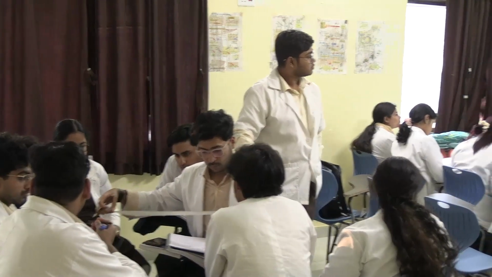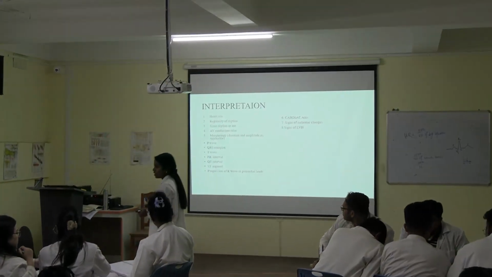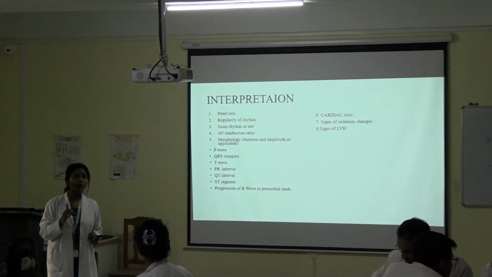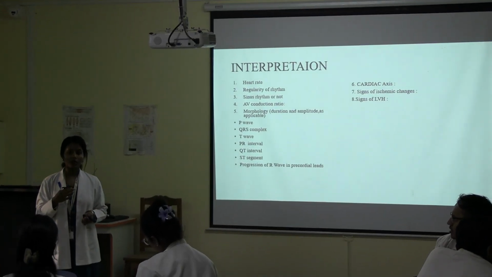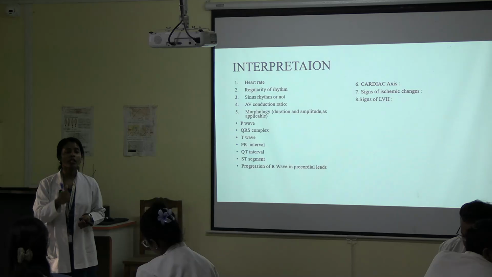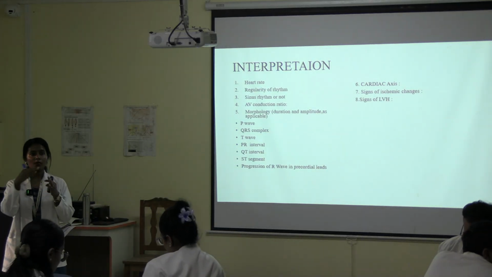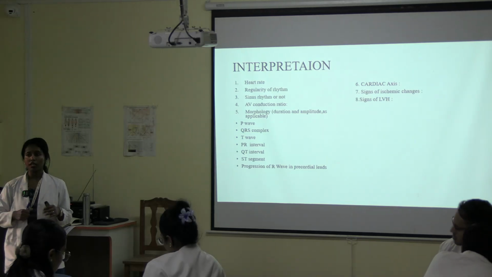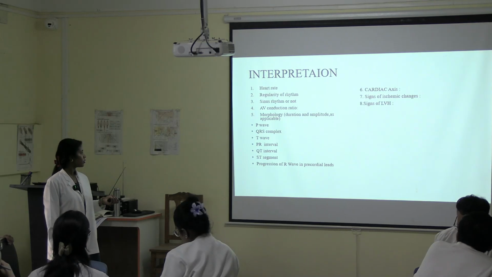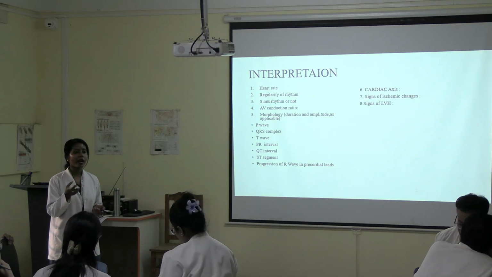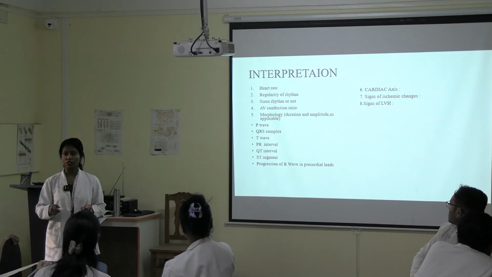So the progression of R wave in precordial leads. So you have to see all the 6 chest leads, and you have to comment whether the R wave is positive or biphasic or negative. So from V1 to V6, you have to comment on the R wave. Okay? Biphasic means positive also, negative also. Both sides it is going. Positive and negative. So basically your QRS is also a biphasic wave. So it has a positive deflection as well as negative deflection. Okay?